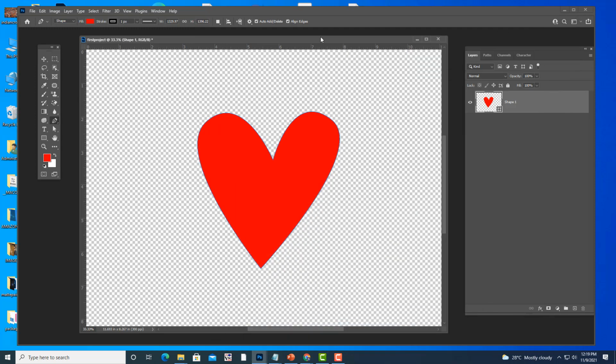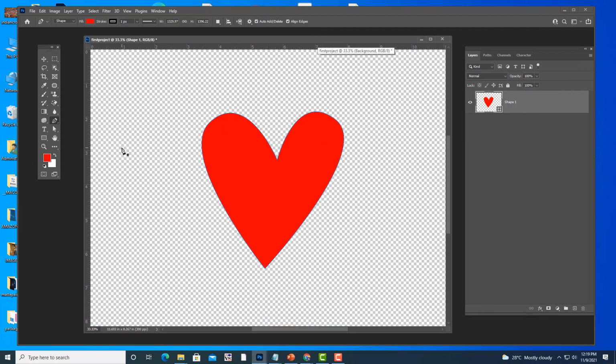So see here. Direct selection tool. When you select the direct selection tool, you can see another one also. What is that? Path selection. If you use path selection, you are actually selecting the entire shape. We don't want the entire shape. We will select only the points. So if you want to modify only the points, you have to use the direct selection tool, which has the white arrow. Black arrow means path selection.